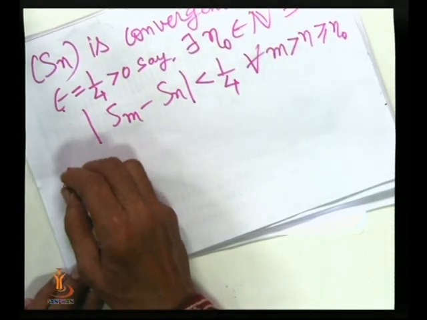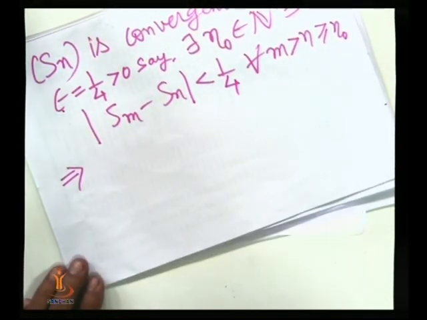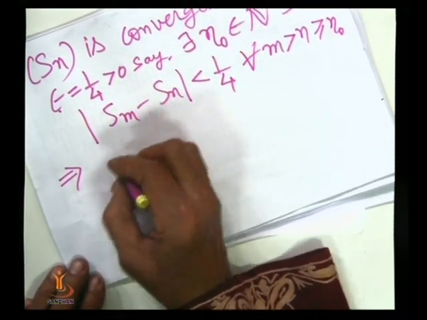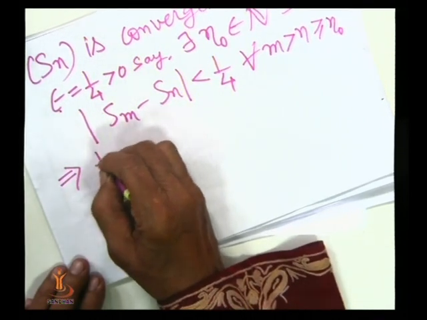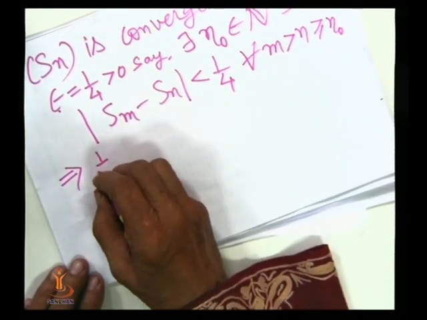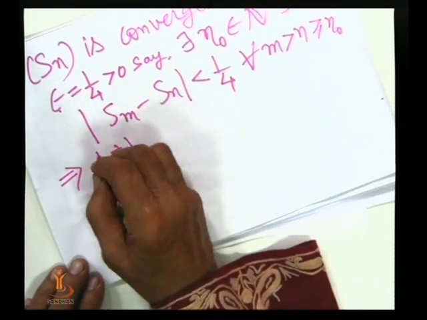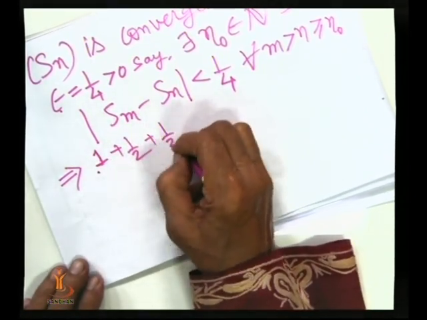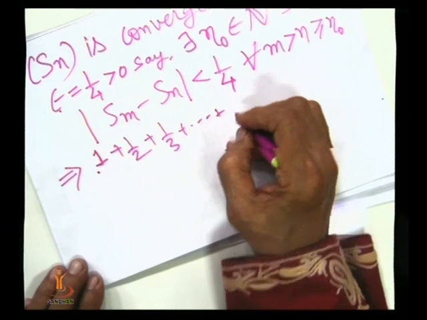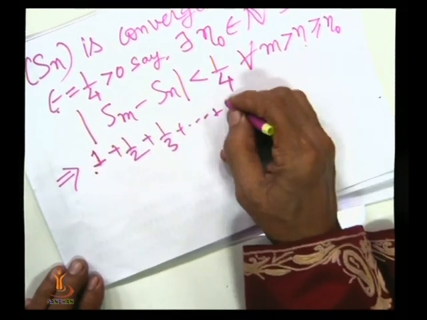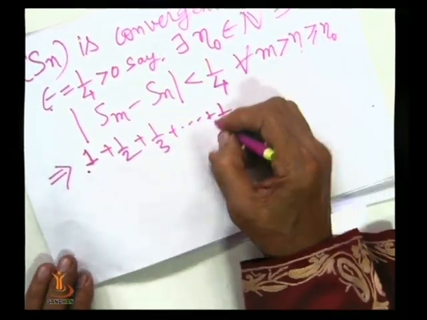Now, if Sm is 1, then 1/2, 1 upon 3, and so on. Now m is greater than n, so first n comes. So 1 upon n